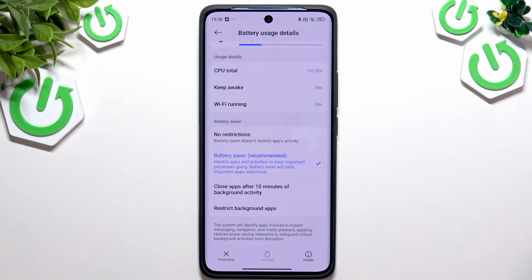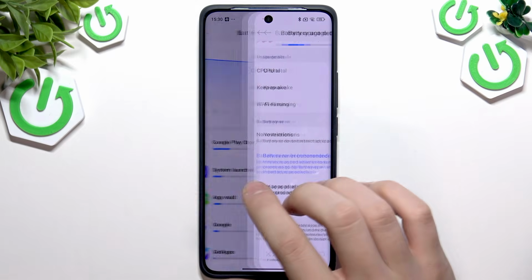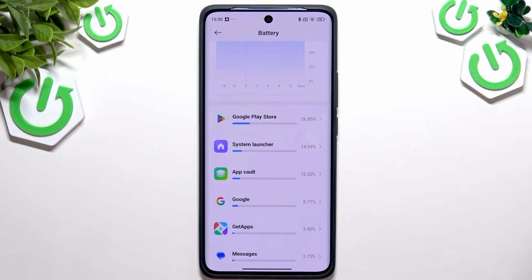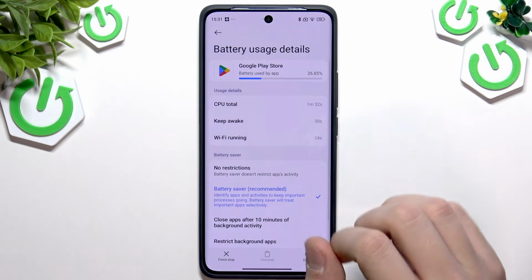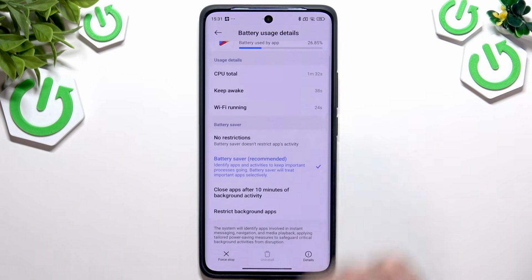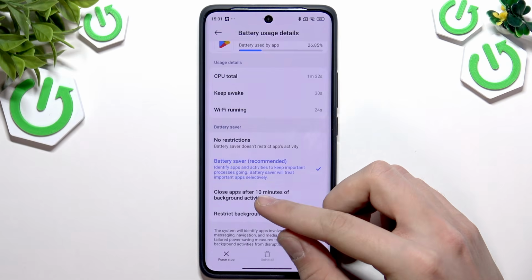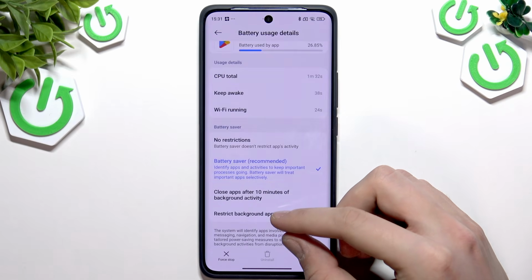But if you are not using the applications that are here at the top, for example, these top 6 applications, if you don't really use them, for example, these are social media applications or just games, or maybe some other applications such as schedule application, calendar, and any other application, you need to tap this application, and here they have battery saver. Now, as you can see, we do have battery saver, close-ups after 10 minutes of background activity,